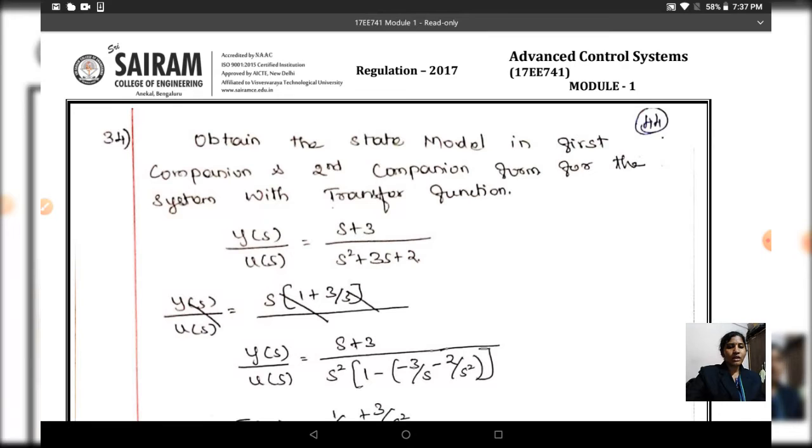The phase variable approach is nothing but the direct programming approach. The main advantage of using the phase variable approach is that it is easy to implement and it is the most powerful method to obtain the state model. It is easy to link the transfer function approach with the time domain analysis, whereas in the previous analysis, the transfer function approach cannot be linked.